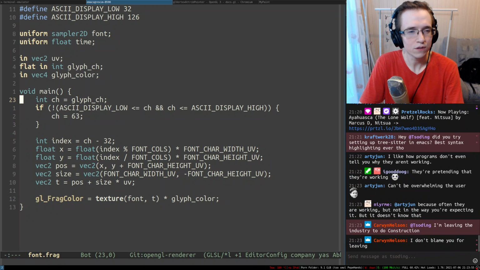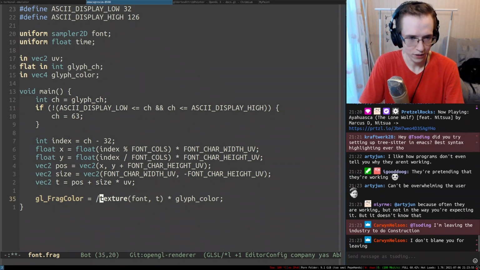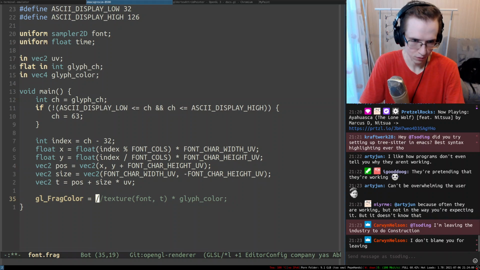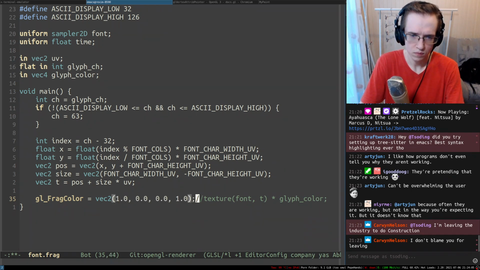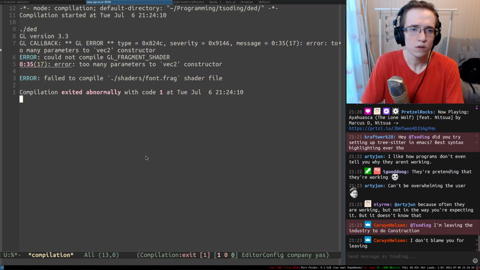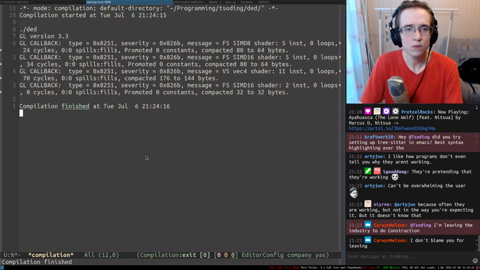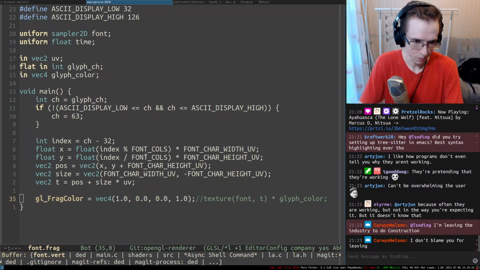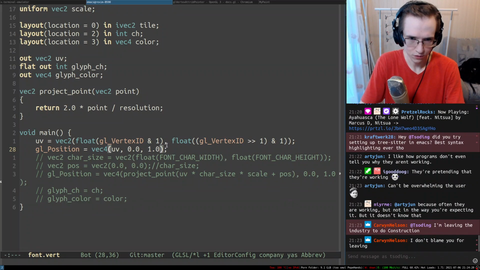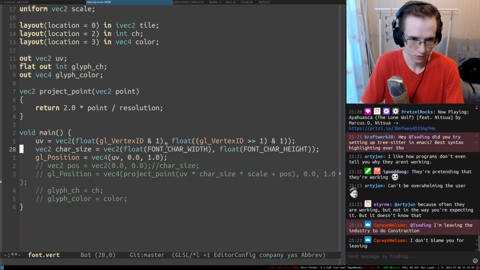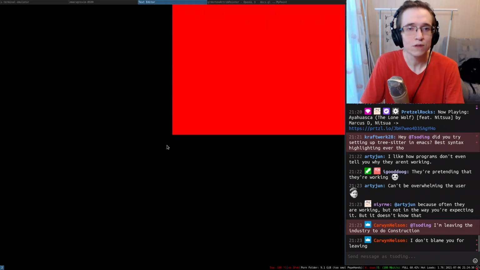And then we can simply ignore everything in here, and I'm gonna just set the color to be, I don't know, red. Too many parameters, vec2, yeah, I do agree with that. Well, I mean, everything's working, so I don't know what I expect. But now we can try to do some other things. Right, so we can set up the character size. Multiply by character size, and it should be pretty simple.